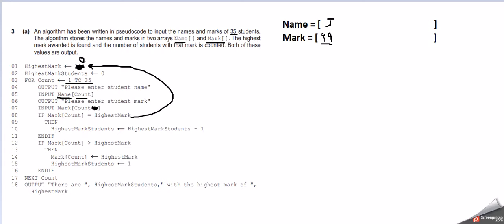So the first person we enter in is J. And let's imagine they got 79, not 99. That would be our highest mark to begin with. So I'm going to put 79 here. If someone else gets higher than that, then they've obviously beaten it. Okay. So if